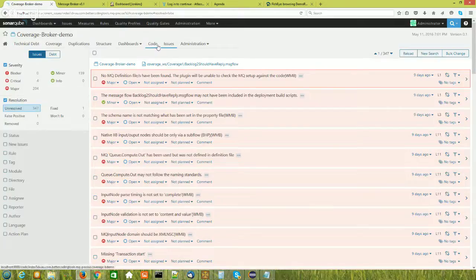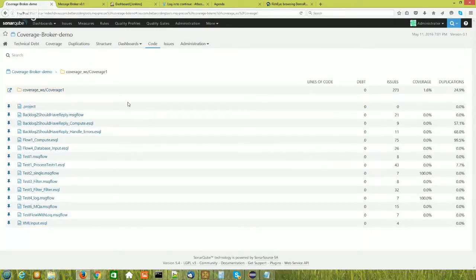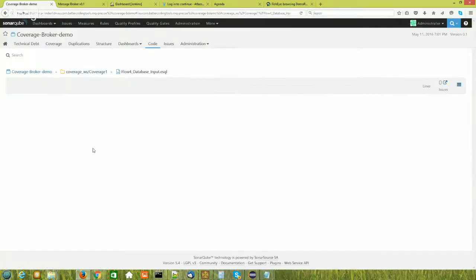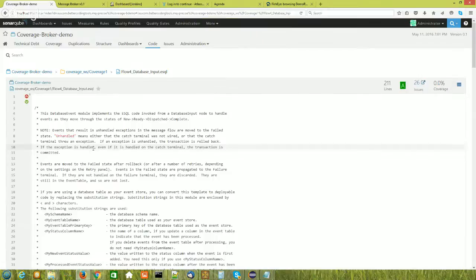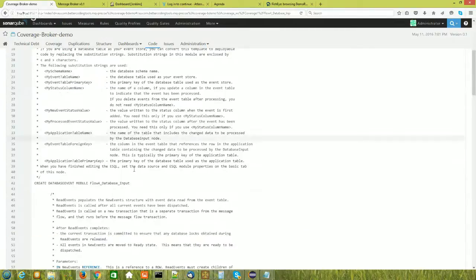So if we go to browse our code, what we could be doing is looking at code checked in by different people, if that's how you want to work on your code. We'll just pick a file, and we might decide that we don't like this particular comment, or we thought that you should have added more details to the comment because they've changed the functionality, and what we can do is